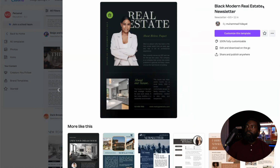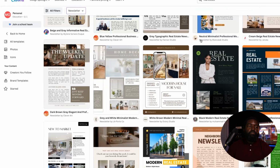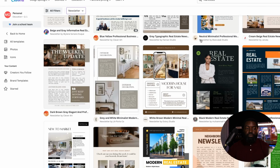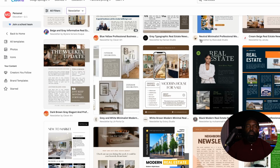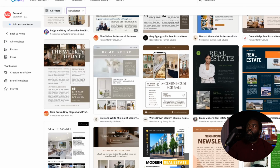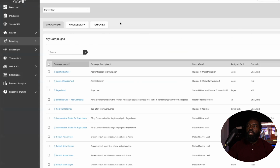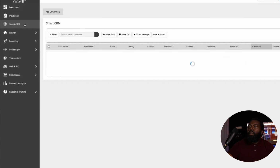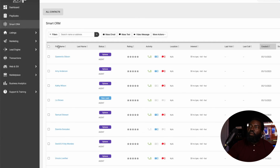And so once you create something like this, you can then take what you've created, put it in KV Core, and have KV Core push it out. Oh, yes, ma'am. Let me show you. All right, so all you would do is go to all my leads here, and then I would simply click mass email. Once it loads up here, it'll give me the ability. Okay, so I click on everybody here,